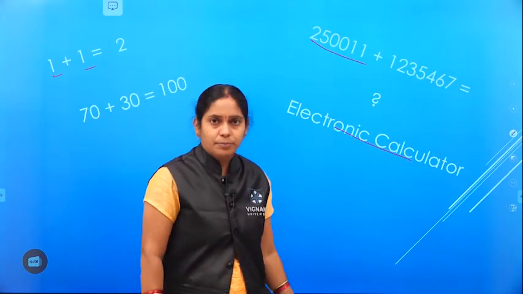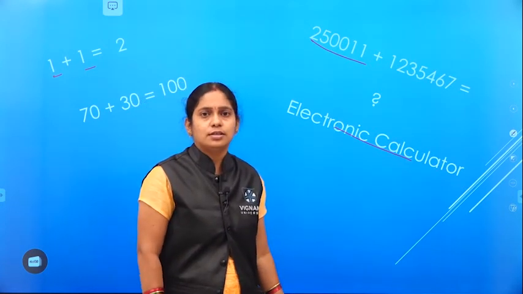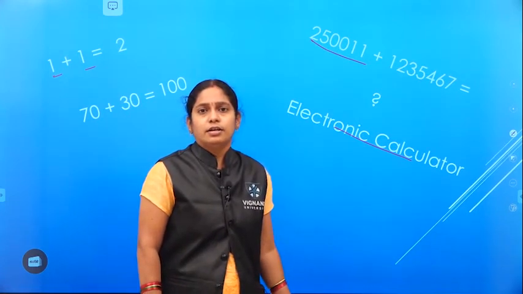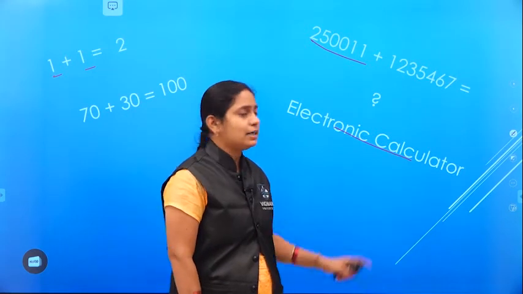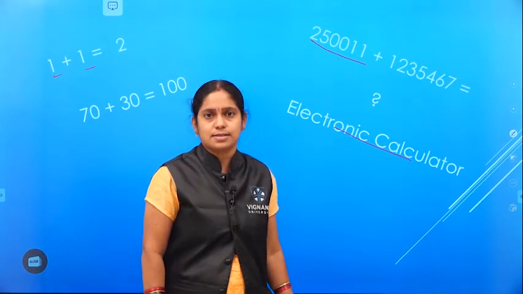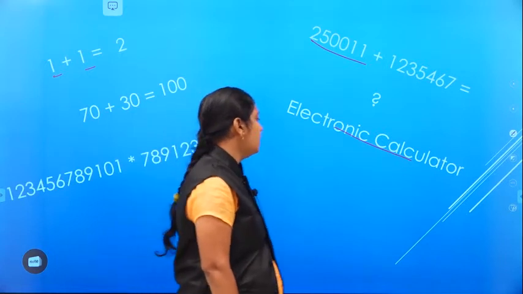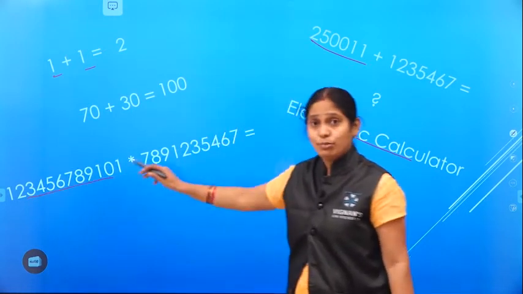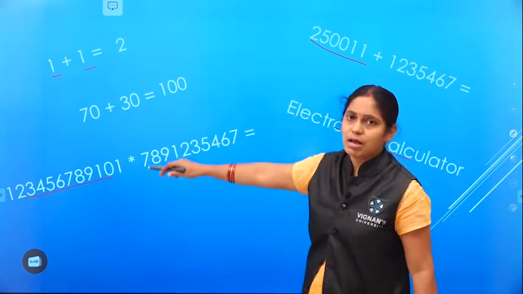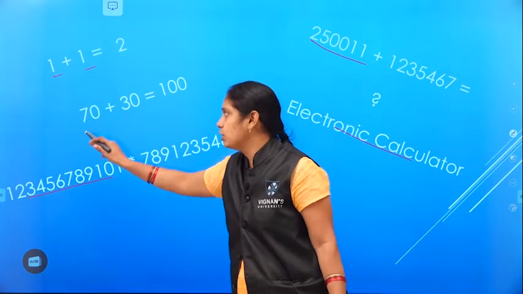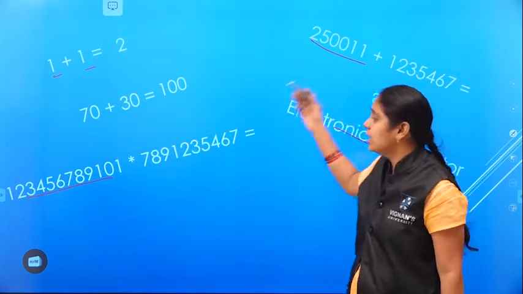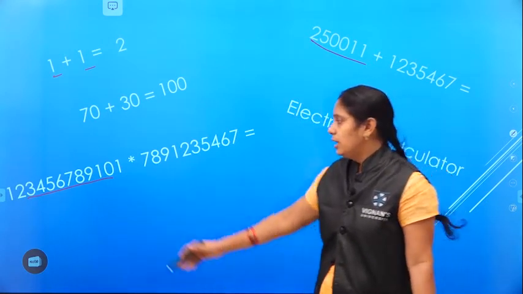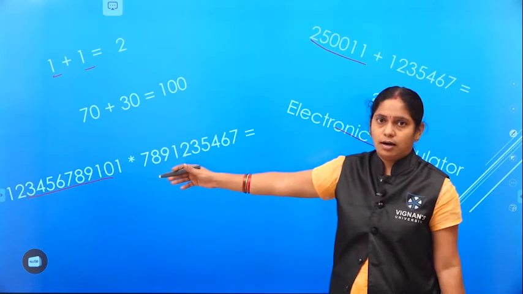Not only for the sum, but also for multiplication, subtraction and division. In such cases, we prefer the electronic calculator to complete our task. First, suppose the next number is, observe this number, which has more digits compared to the previous examples. Here we have not one digit or a 2-digit number, it is a 5-digit or 6-digit number, and the number of digits in each number is more than that. Like 1, 2, 3, 4, 5, 6, 7 and so on.